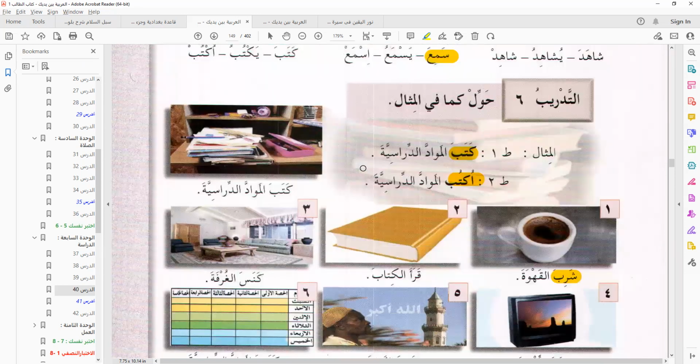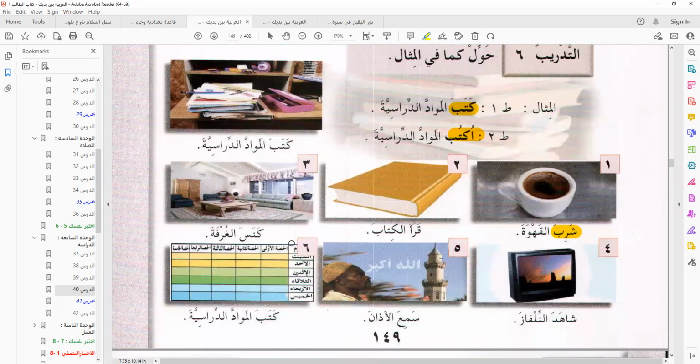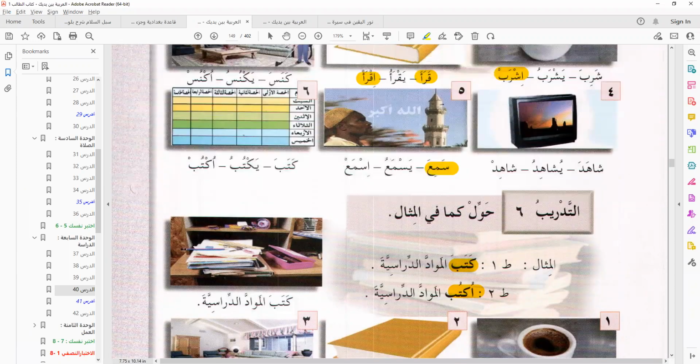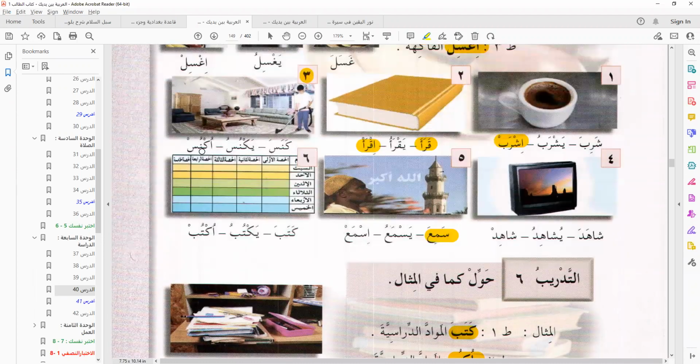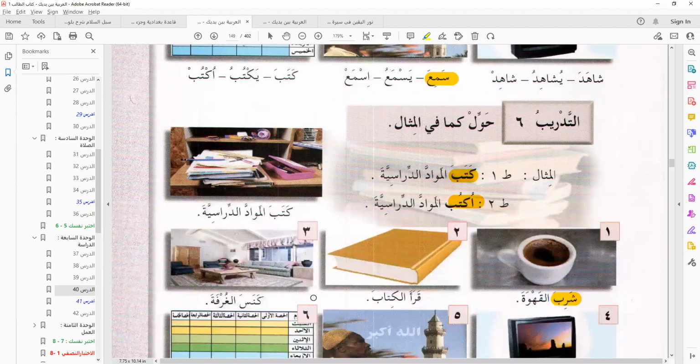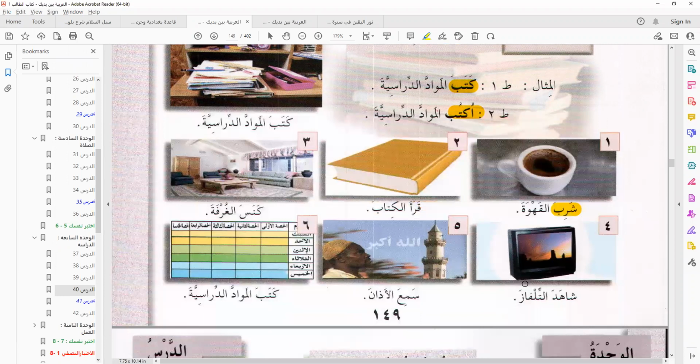Okay. Then the next one is what? You have the next one is Kanas al-Ghurfa. I'll say what? Uknus al-Ghurfa. Uknus al-Ghurfa. Sweep the room. So we have Kanasa, Yaknusu, Uknus. Then the last, I think, okay, we still have Shahada Telefaz.